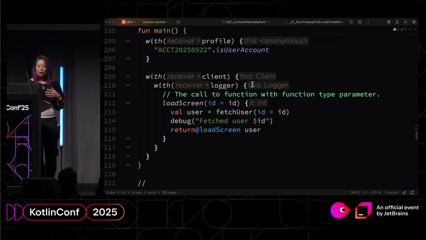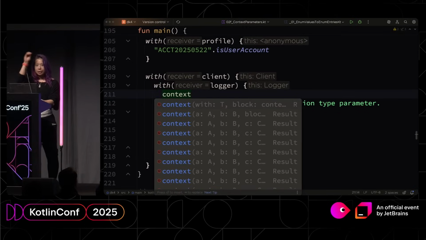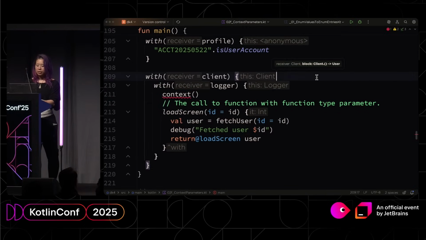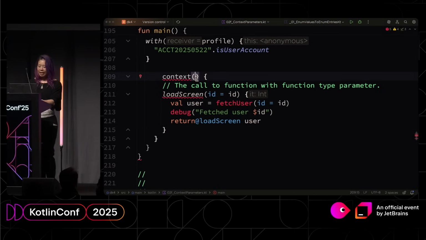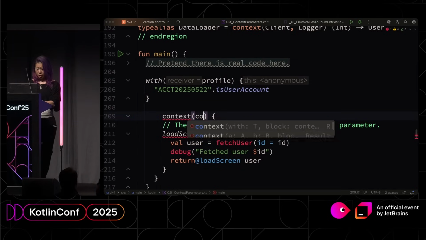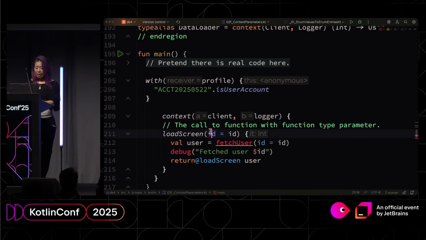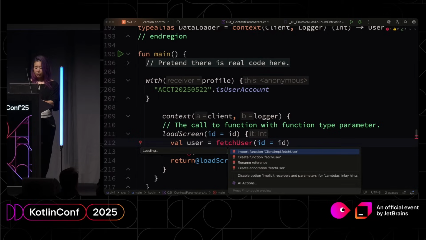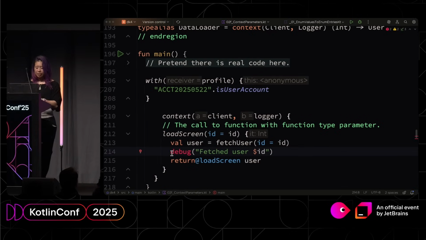You still have to use the with, but there's also another option. Inside of a block, not outside of a function signature, you can actually do this, and I think this is going to be slightly incorrect. This is also why you should be careful with using experimental functions. I had this function called context throw me an error because